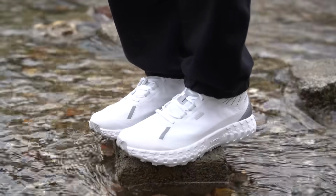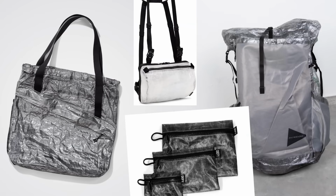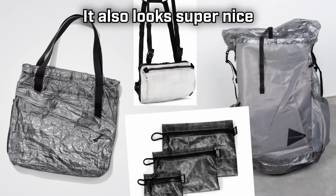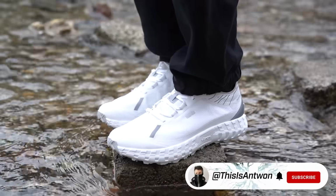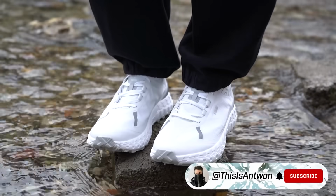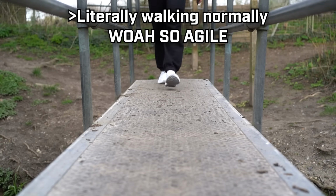These are extremely light. You can tell on foot the upper weighs almost nothing. That is down to their use of Dyneema here, which bag fans will know as being an ultra-light yet strong material. Unfortunately, it's also more expensive than most nylon-based fabrics, which I expect is at least partly where the price comes from, but you can immediately tell the difference and it is noticeable on foot. They give you a real feeling of agility, which makes sense as this is designed as a running shoe,